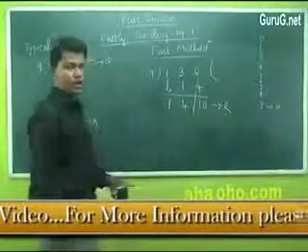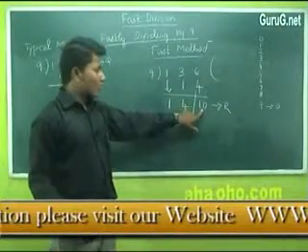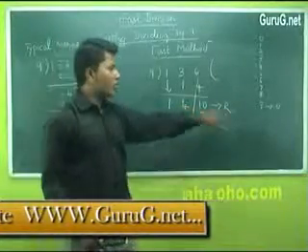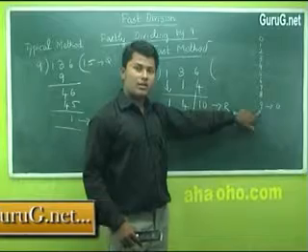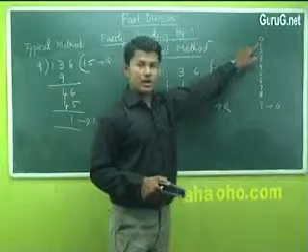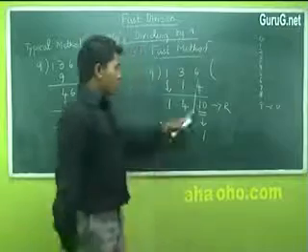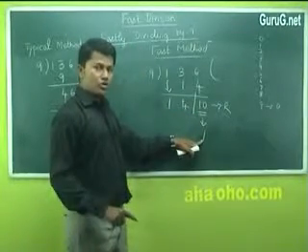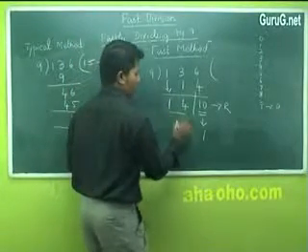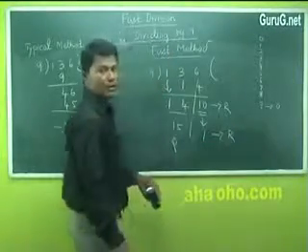Bring 1 down, 14. Now observe the value of the remainder. It is greater than your divisor. What is the corresponding modulo 9 value for 10? The corresponding modulo 9 value for 9 is 0. What is the corresponding modulo 9 value for 10? It is 1. Isn't it? So change 10 into 1. Now when you change to the modulo value, what should you do? Add 1 to the quotient. 14 plus 1 is 15. So 15 becomes the quotient, 1 becomes your remainder.